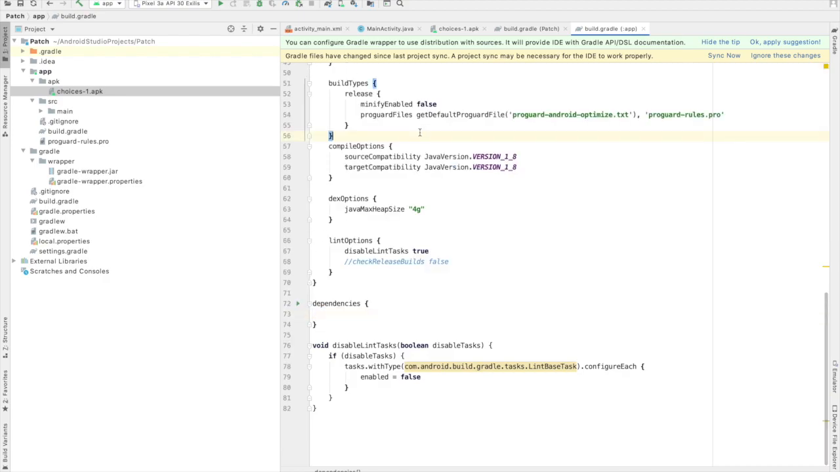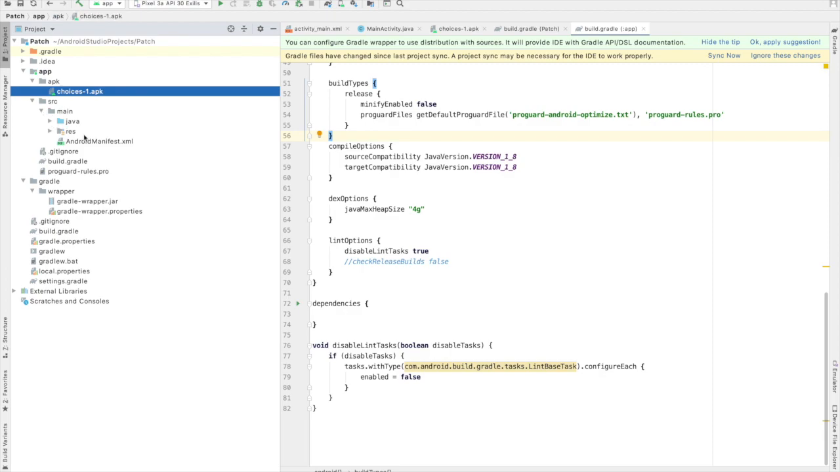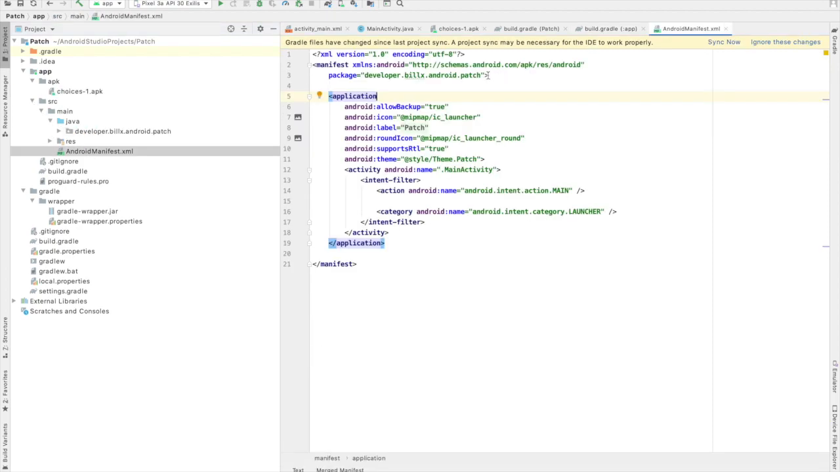And next we will be going on to the manifest file, and the first thing that you can do is actually change this package to anything that you want. So I'll go ahead and do hack.choice, and I'll also go ahead and specify the launcher activity inside the manifest, and to figure that out we'll